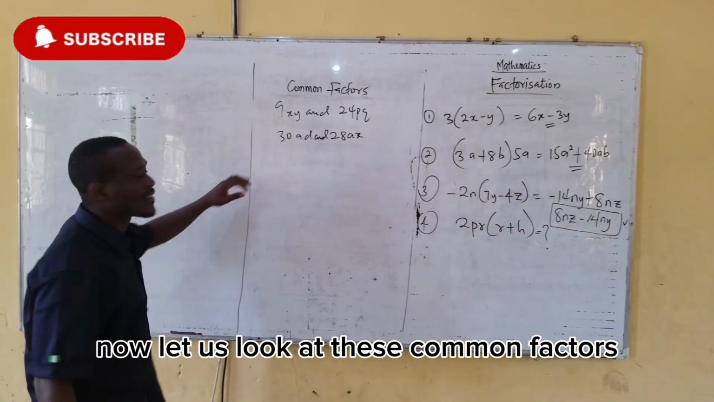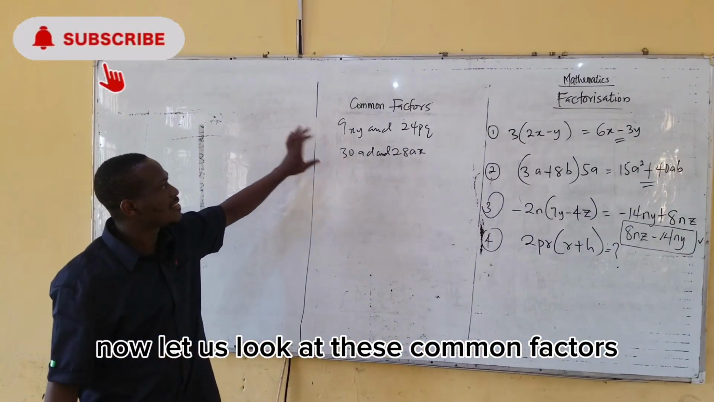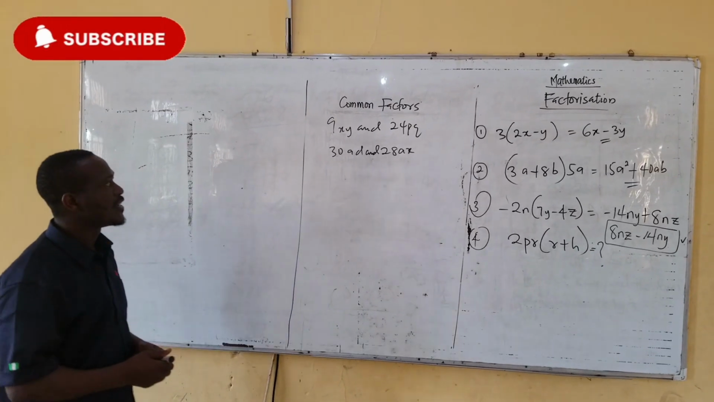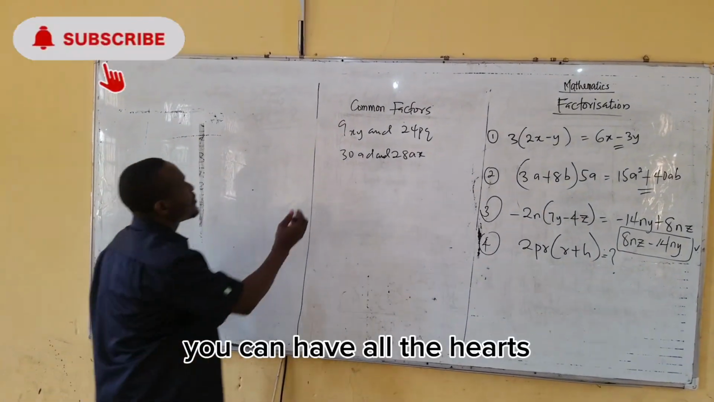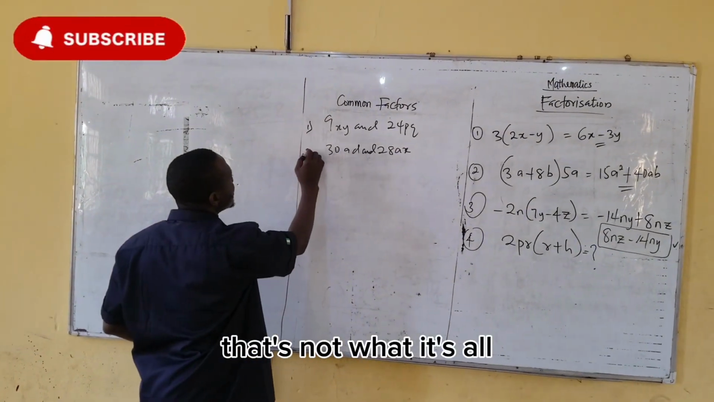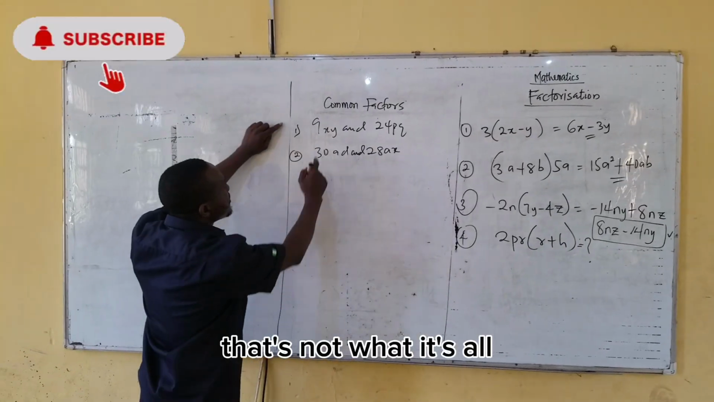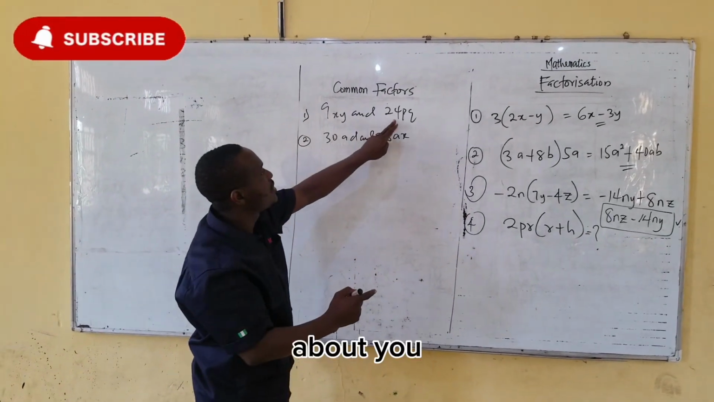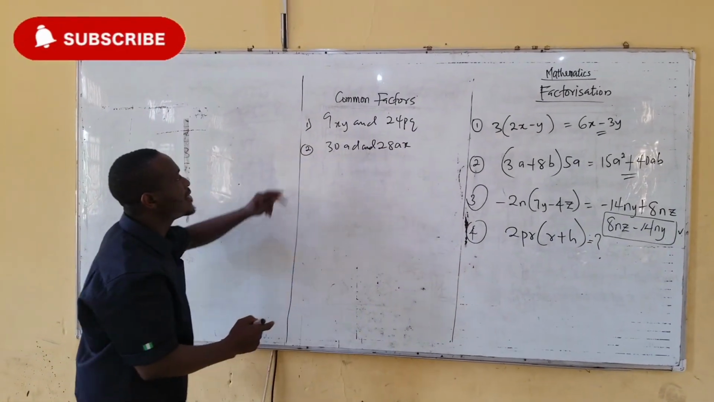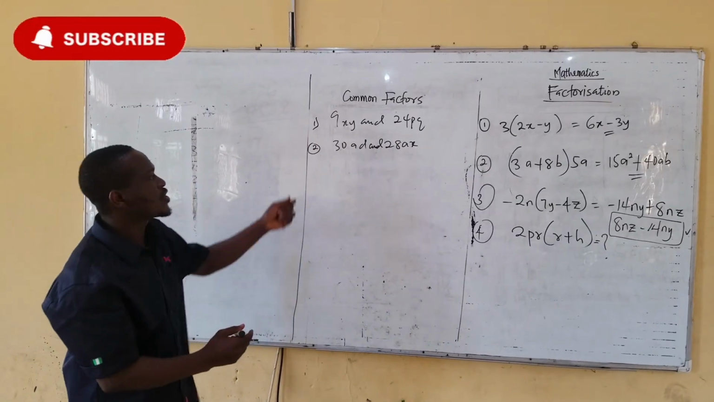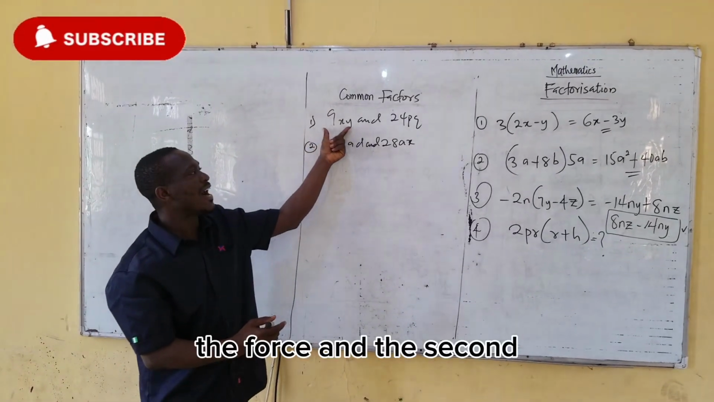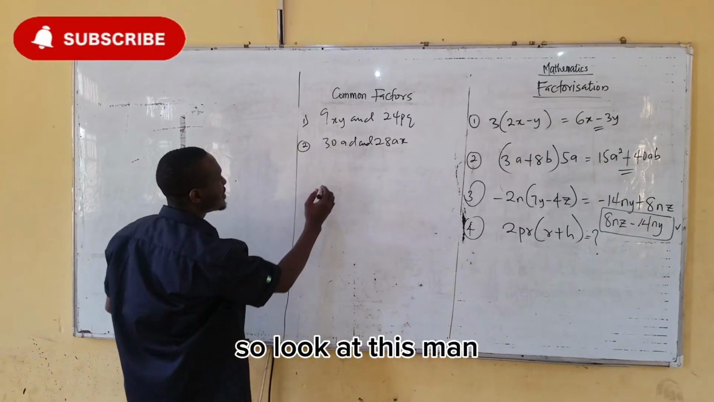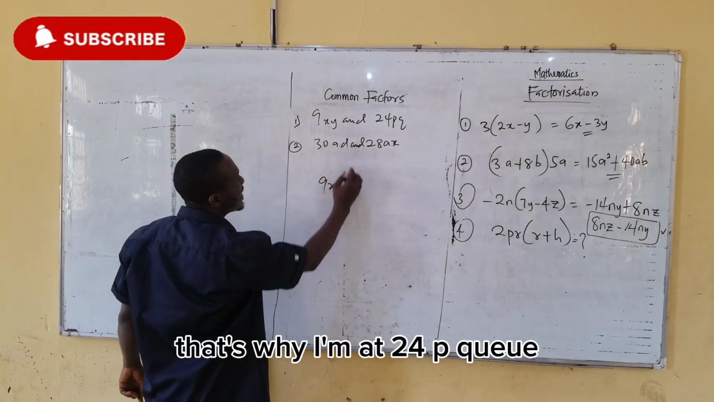Now let us look at these common factors. Looking at common factors of number 1, this is number 1, this is number 2. We have 9xy and 24p cubed. In this case, we need to know what is common in the first and in the second. So look at this, 9xy and